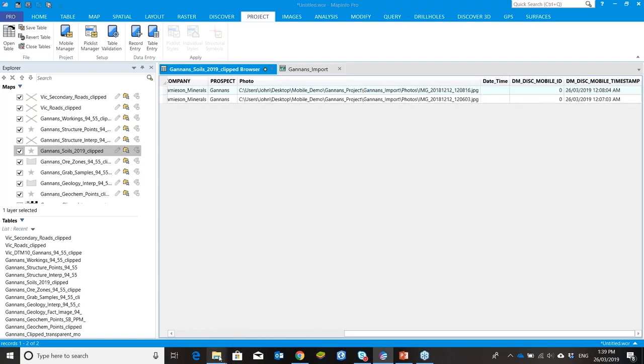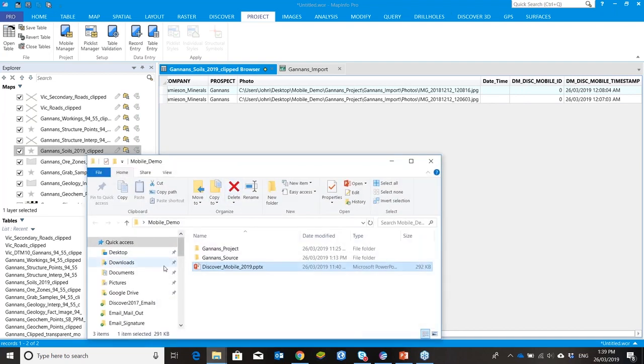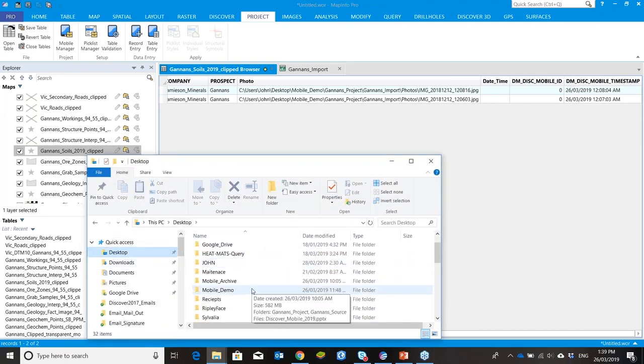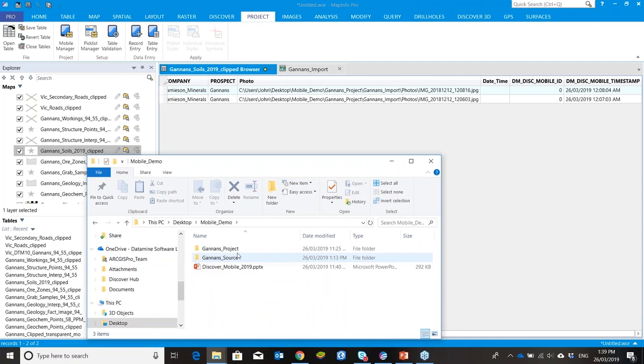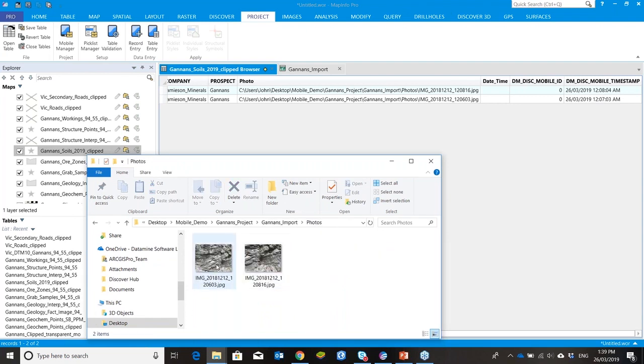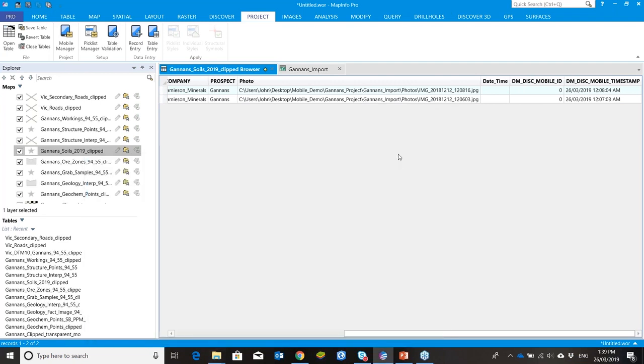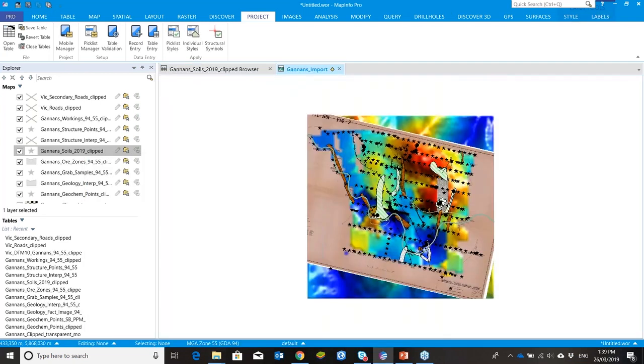So if I go to the project folder, which was kept on my desktop under mobile demo, project import, if I look at the photos, there's 2 photos that were linked into that folder, and you can see it's user desktop demo, Gannon's project photo, okay? Now the last thing to do, so we brought the data from the field seamlessly back to the desktop, is